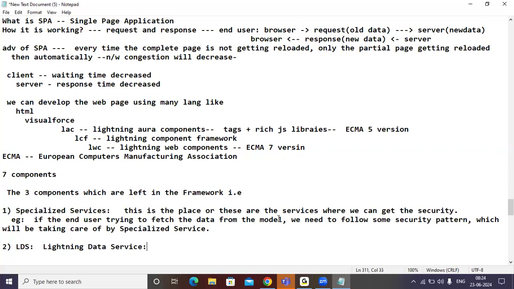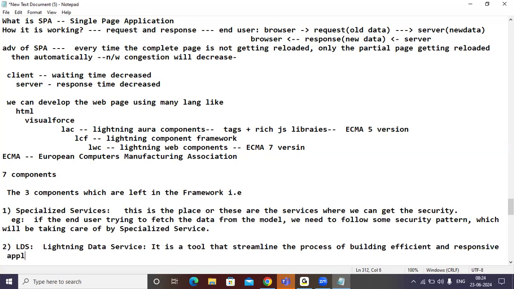So LDS is a tool that streamlines the process of building efficient and responsive applications. Understand?